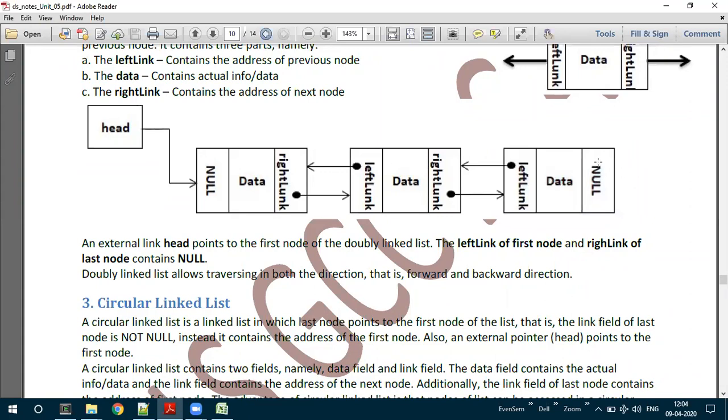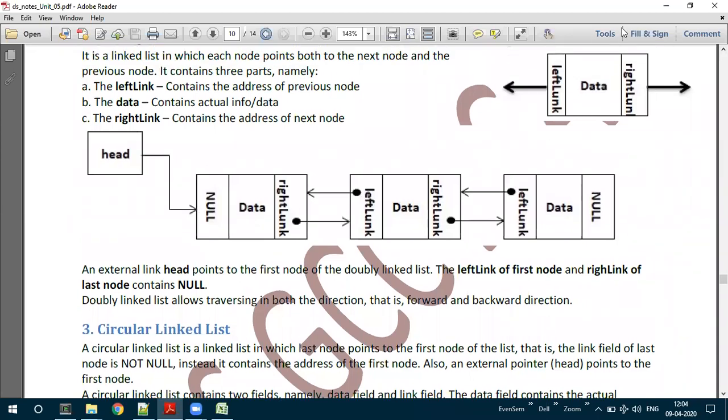These two adjustments we should make in the first node and the last node. The left link of the first node and the right link of the last node will contain the null value, indicating the first node and the last node respectively. And the head will always point to the first node in the linked list.